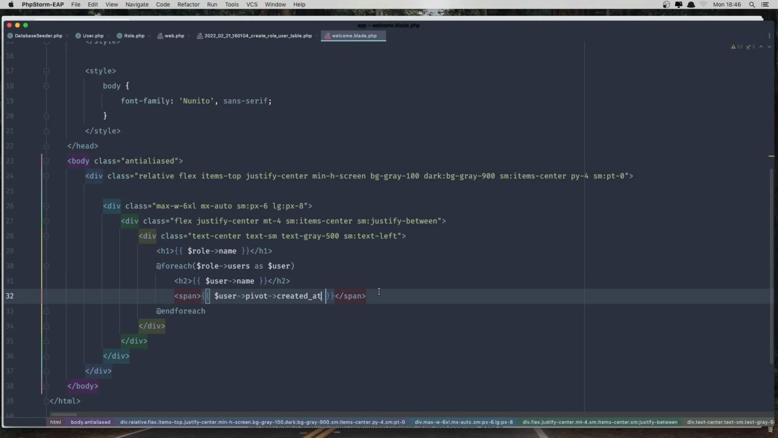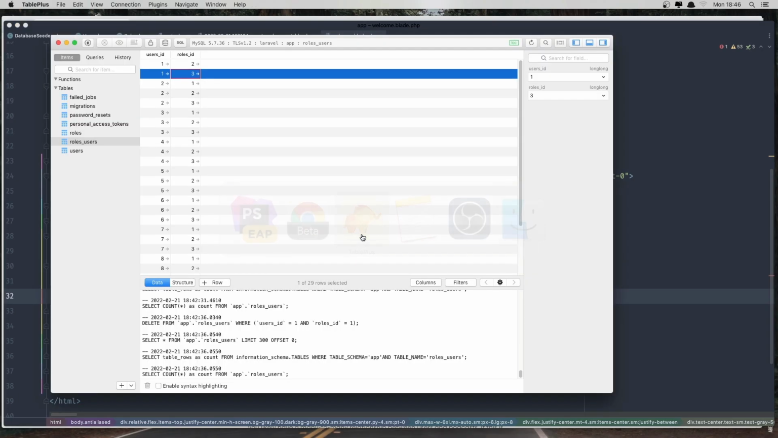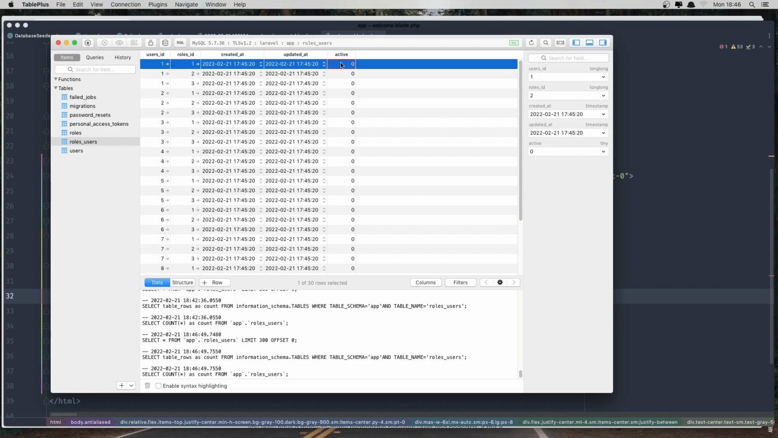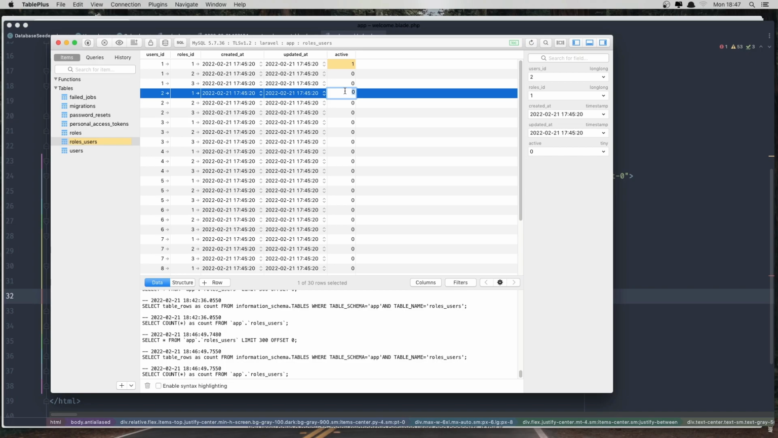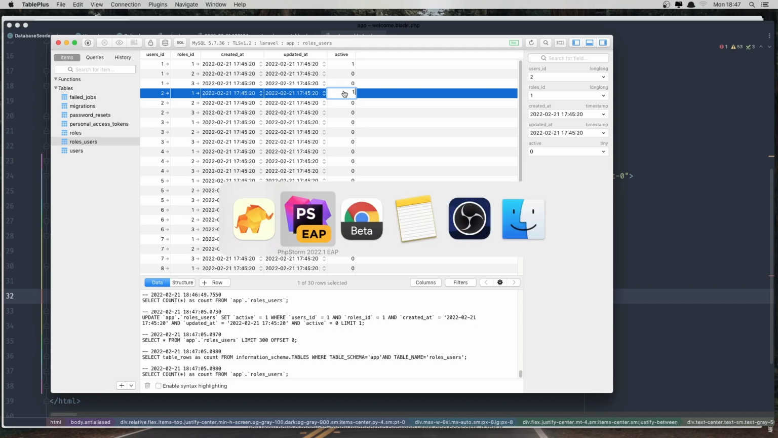Go to the welcome and say here, we need to change first. I'm going to refresh, and to the first user, the active one, set user ID 1 and role ID 1, and also in this one save, save, and